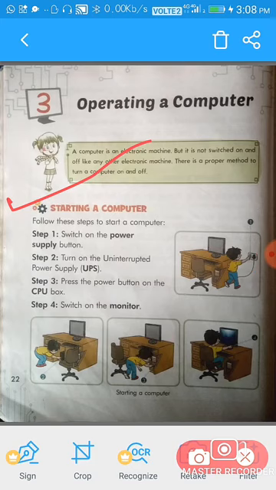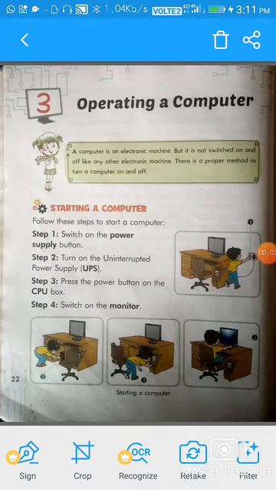So you can see: step 1, switch on the power supply button. Step 2, turn on the uninterrupted power supply, that is UPS. Third is press the power button on the CPU box. Fourth is switch on the monitor button.